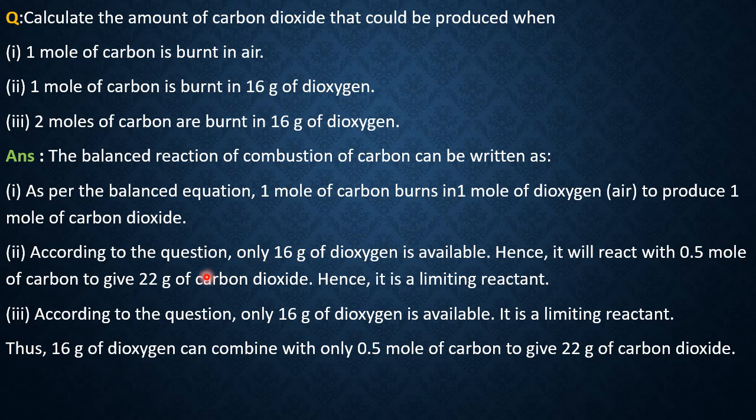According to the amount of oxygen, this much is available. So it is the limiting reagent. In the same way, now third is 2 moles of carbon burnt in 16 gram, which is fixed here. But here 2 moles we have taken. For 1 mole, 32 is required. For 2 moles, we require 32 plus 32, 64. Only 16 available. Once again, this is extra, this is less. So, once again, dioxygen is the limiting reagent. According to the amount of 16 gram, once again, same amount is formed, 22 gram of carbon dioxide. So, I think with these 3 examples, what is meant by limiting reagent is understood, and how to calculate also we understood.